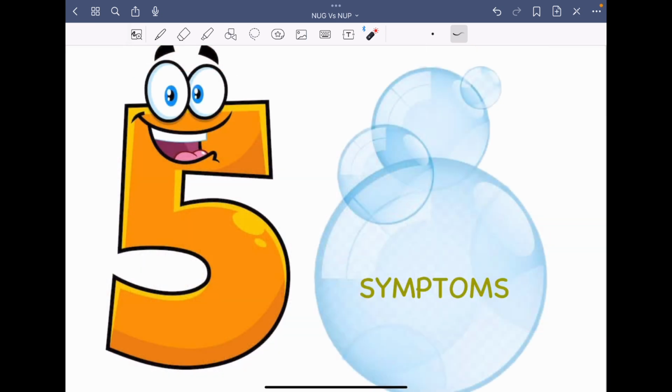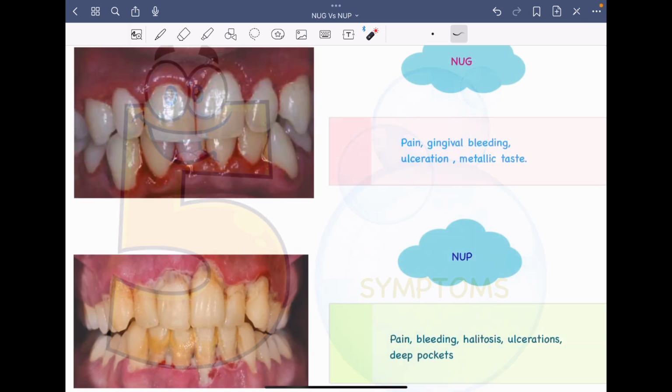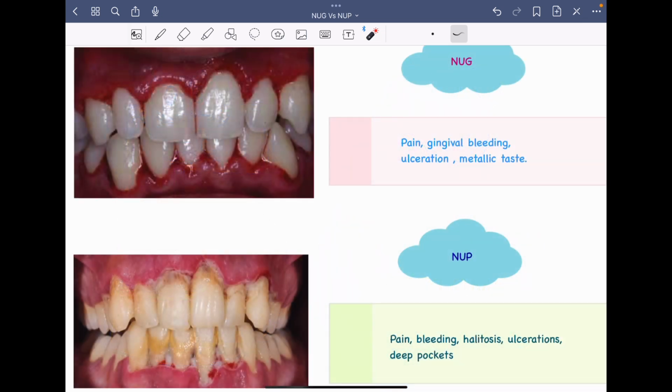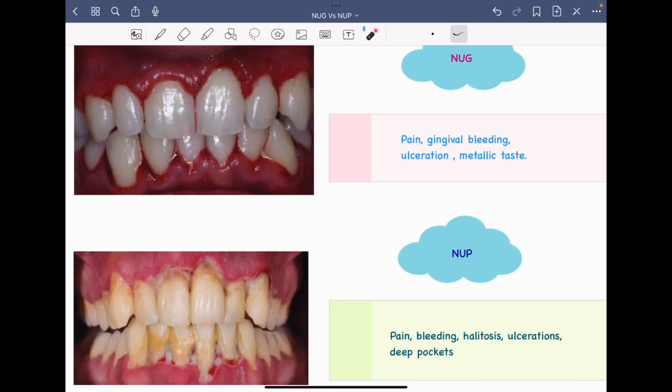Moving on further, let's try to differentiate NUG from NUP on the basis of symptoms. As mentioned previously, NUP is a severe form of NUG, so the symptoms will also be very severe in cases of NUP when compared to NUG. In NUG we have pain, gingival bleeding, ulceration and metallic taste in the mouth. In contrast, in cases of NUP, the patient will complain of pain, bleeding, halitosis, ulcerations and deep pockets,